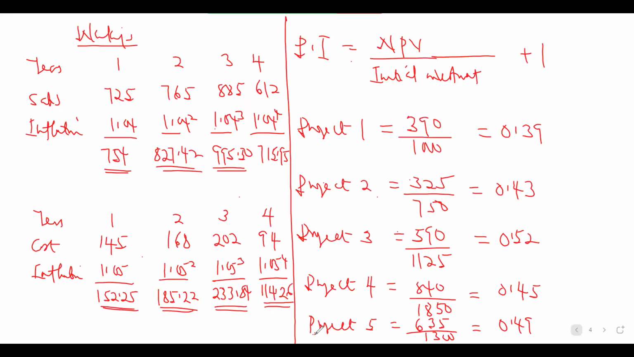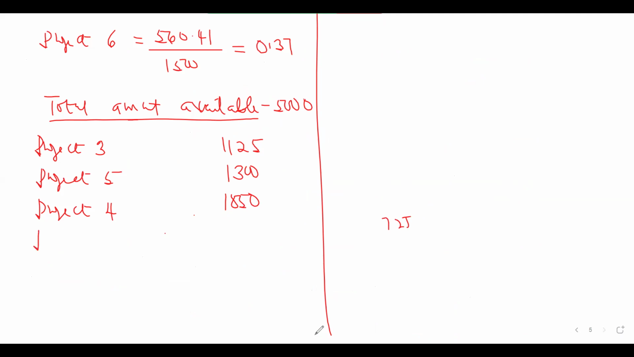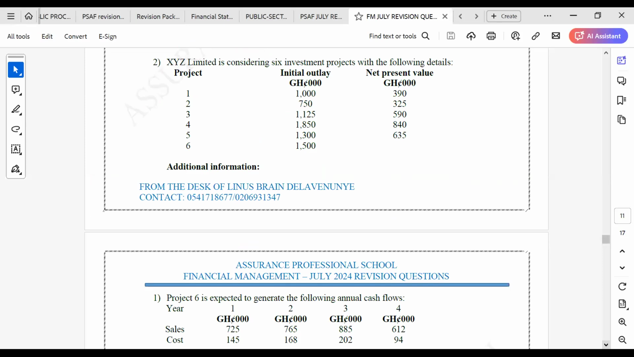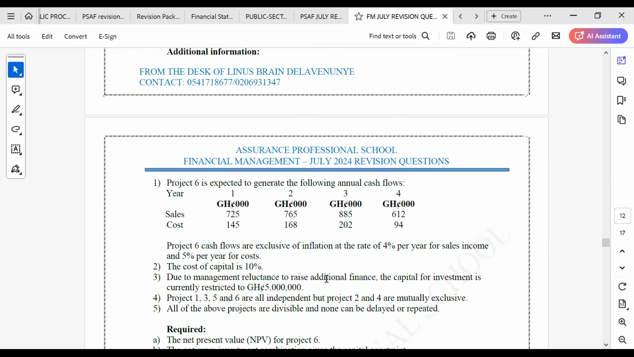So what is the next project? Project 2. Okay, project 2. How much do we need? 750. But since they say it is divisible, it means that we can use the remaining balance to undertake that. So that will be 725. So you have your total to be 5,000. Okay, so this is how you are going to do it. If they say the projects are divisible, then it means that you use the profitability index in the ranking. But if they say they are not divisible, and they are also independent, they say